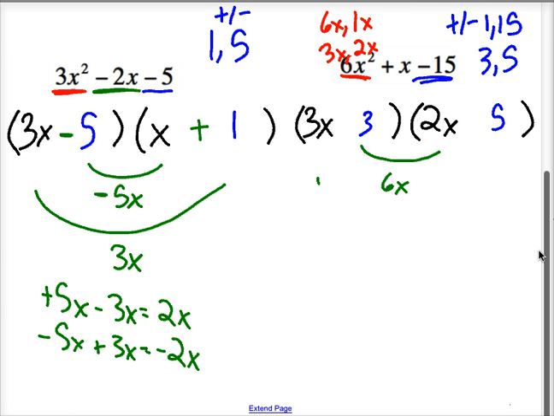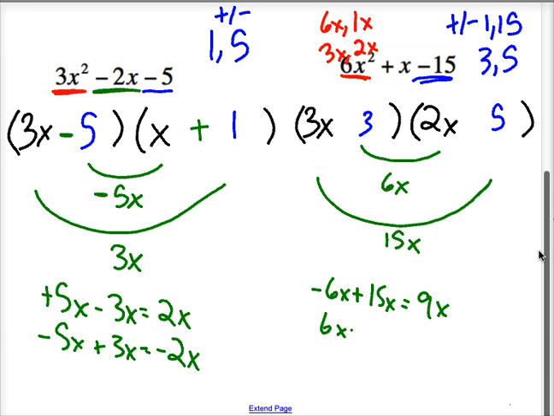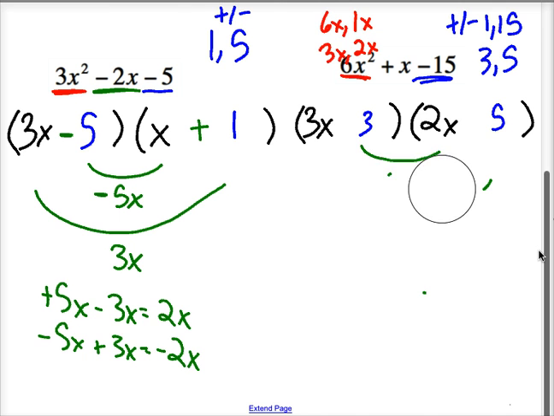So that gives me 6x and 15x. Well, that either leads me to a 9x or a negative 9x, making one of them negative, neither of which is what I'm looking for. So I know that can't be the combination that I need. Okay, so